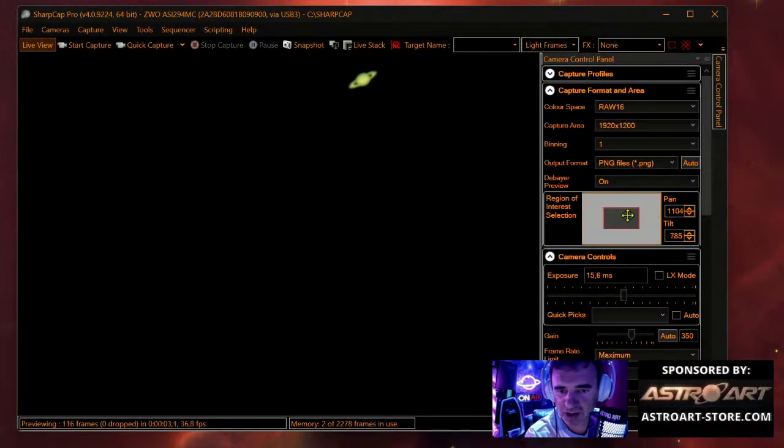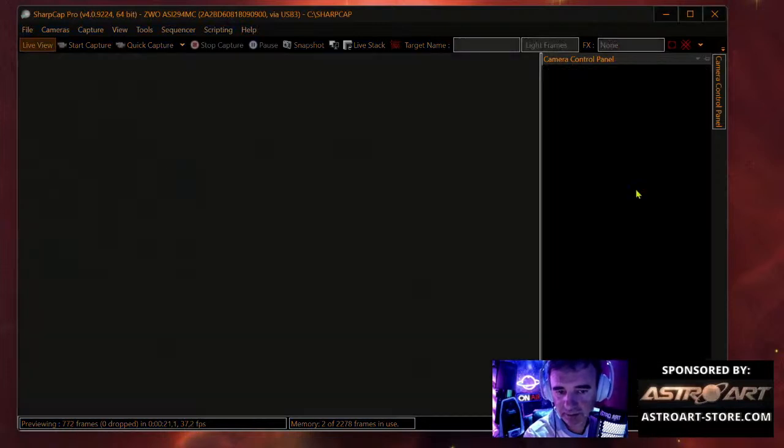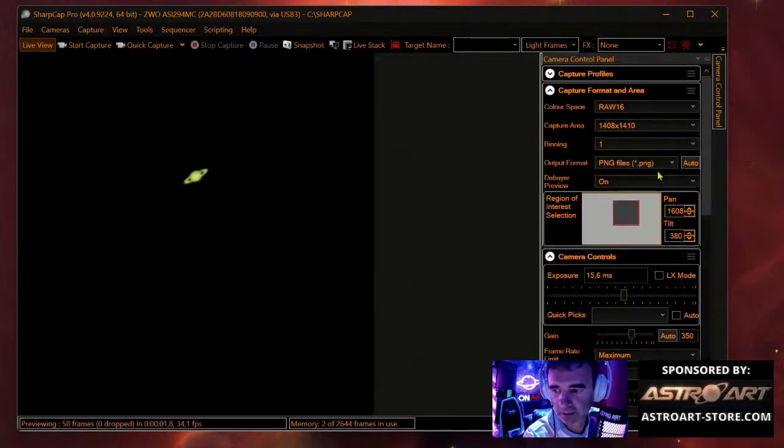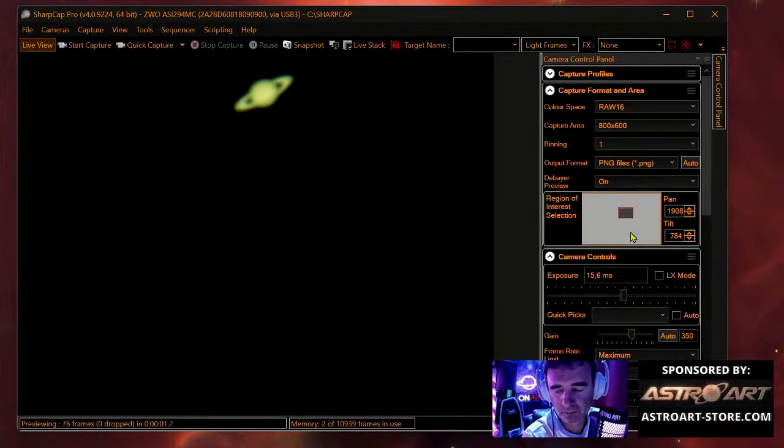Okay, I will adjust here a bit with the region of interest because I'm lazy, I don't want to go outside. Now I lower again after adjusting. You see here what I did at the right, after adjusting it, I will lower the capture area again. More. 800 by 600 now. See?